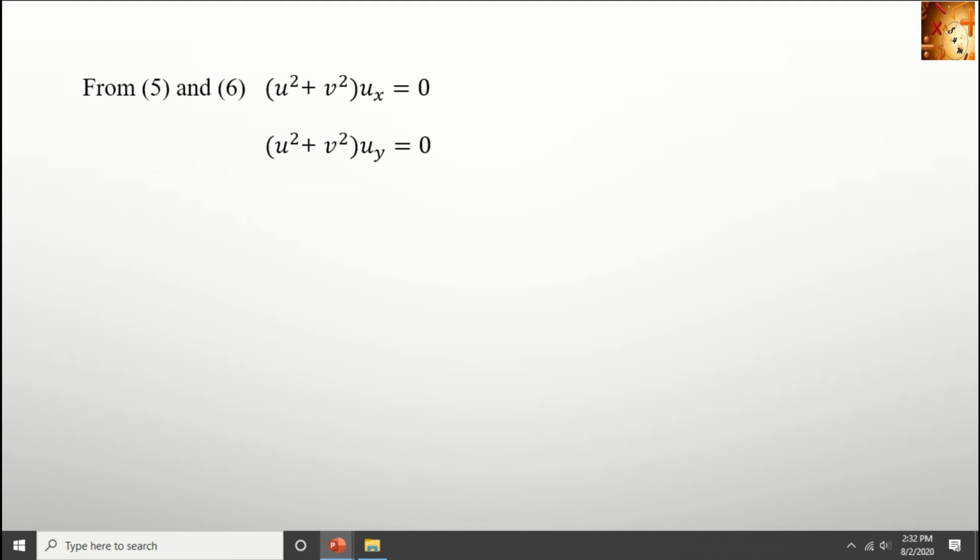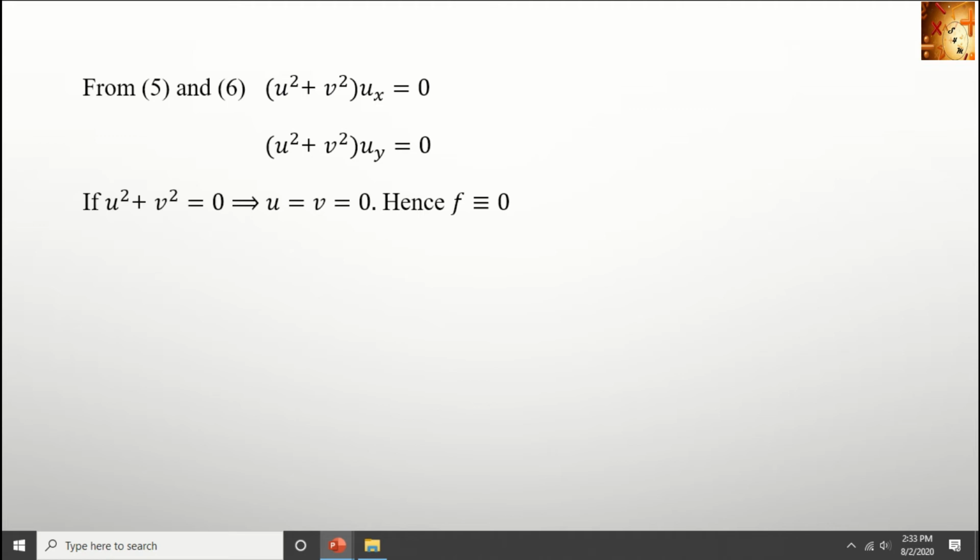In the first part, it is given that mod f of z equal to k, and we got from that u square plus v square equal to k square. So here either k square equal to 0 or ux equal to 0. Let's see. If u square plus v square equal to 0 implies u equal to v equal to 0, it is the only possible case. If u and v are 0, then our function f is identically equal to 0.